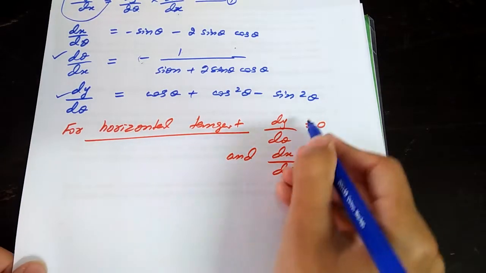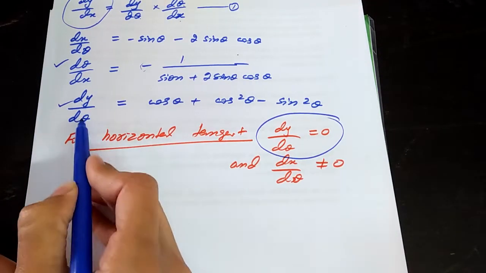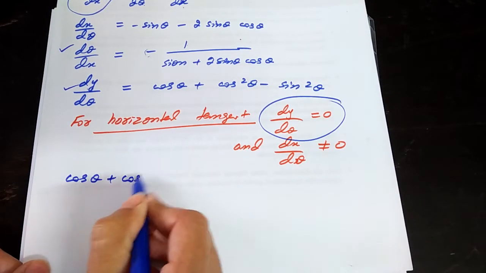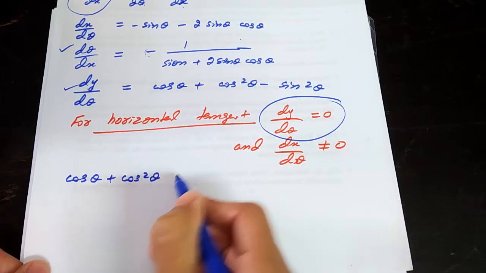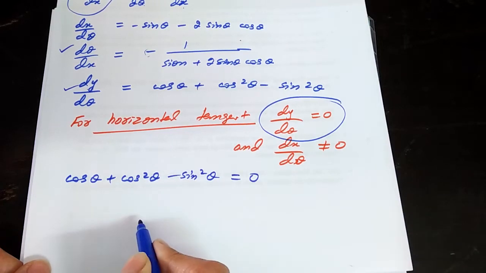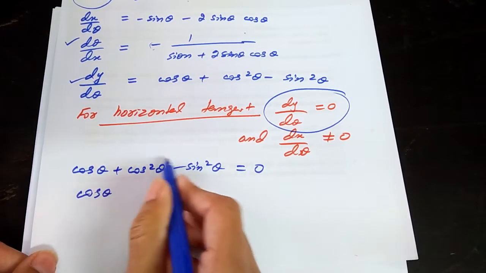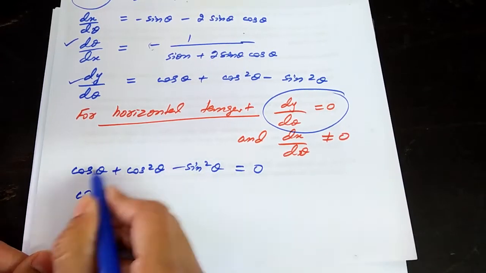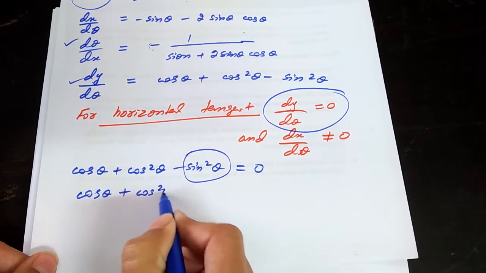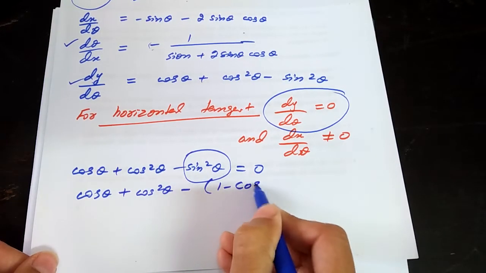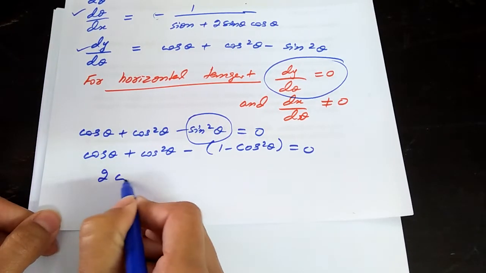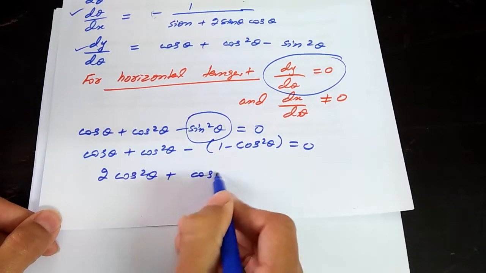Now using this dy by d theta, make it equal to 0. We will get cos of theta plus cos square of theta minus sine square of theta equals 0. Now here we can convert it completely into cos of theta. Put the value of sine square of theta here, that is 1 minus cos square of theta, equals 0. Open the bracket and after solving, we will get 2 cos square of theta plus cos of theta minus 1